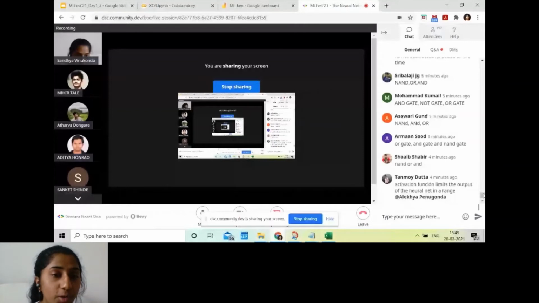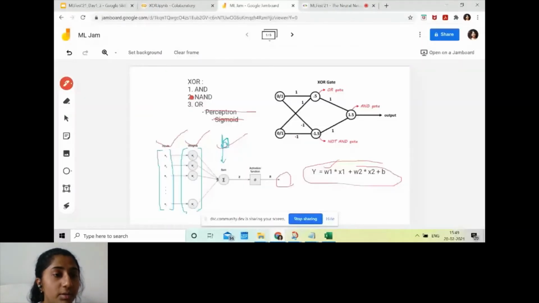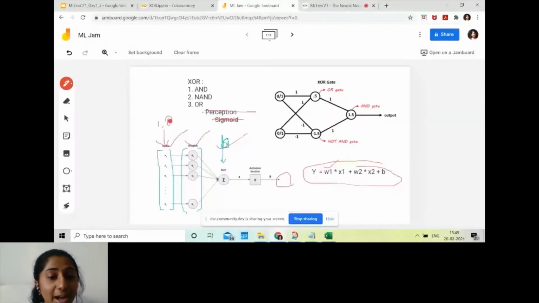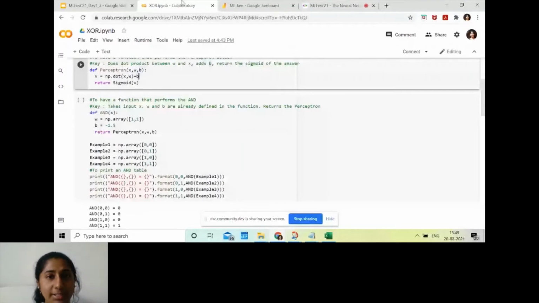Okay, now we move on to our AND function. The X value is something we are going to input, for example 1, 1 or 1, 0, so that we get the Y output accordingly for the AND gate. The W values and the B value are already there in the function, as we discussed a few minutes ago, what the values of W and B should be. I think in Aditya's example, he took W values to be 10 and 10 and B value to be -15.